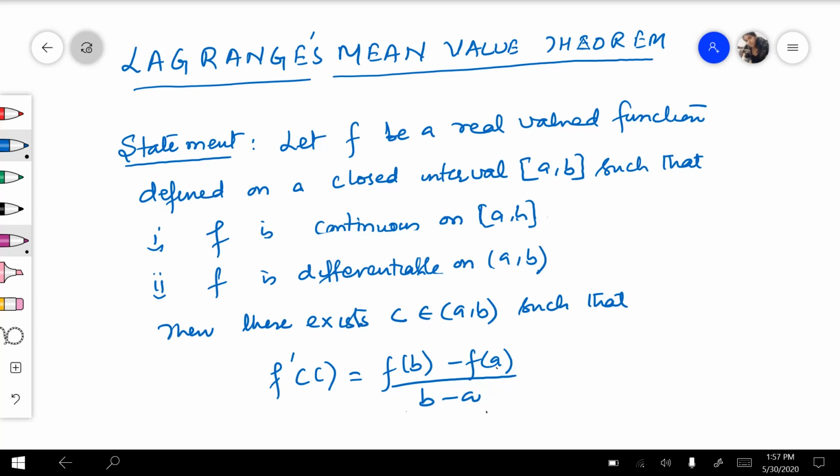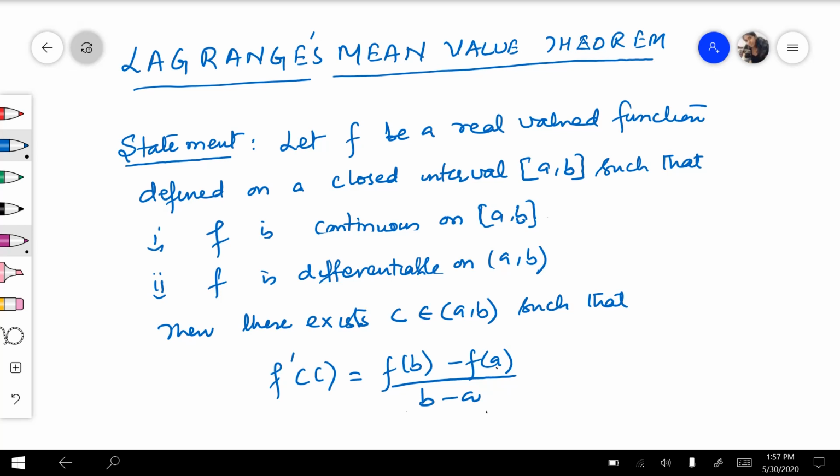So first, the statement of Lagrange's mean value theorem. Let f be a real valued function defined on a closed interval [a, b] such that condition number one, f is continuous on the closed interval [a, b]. Second, f is differentiable on the open interval (a, b). Then there exists a c which is greater than a but less than b, such that f dash c is